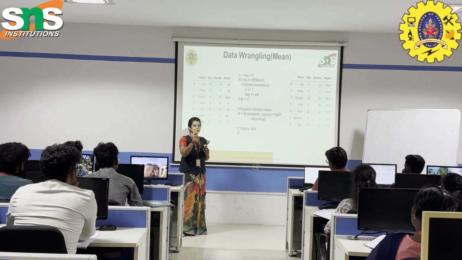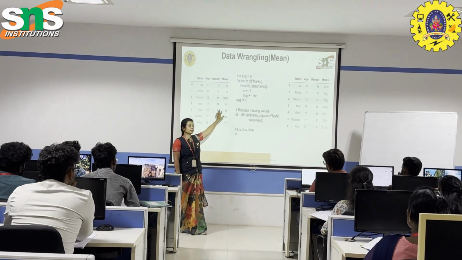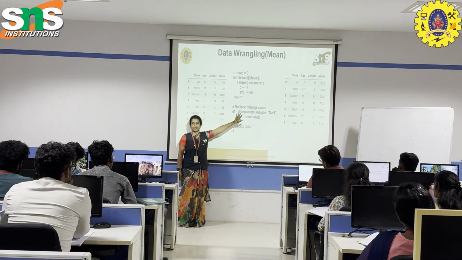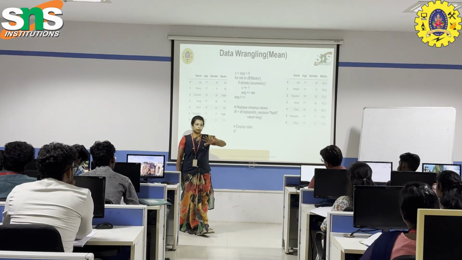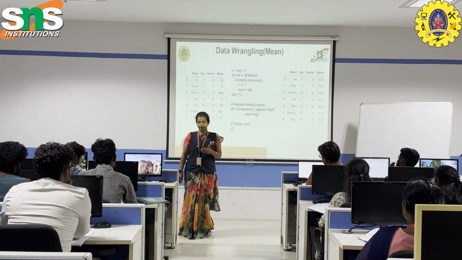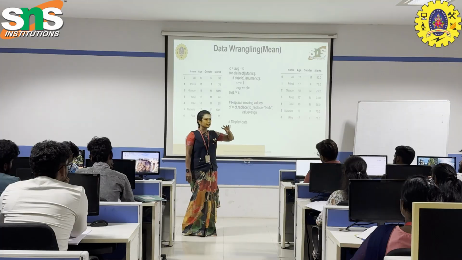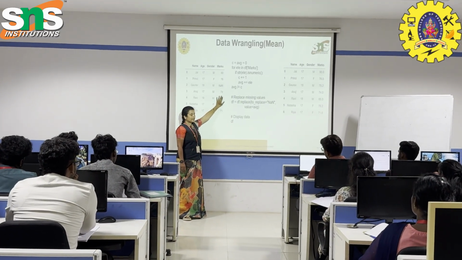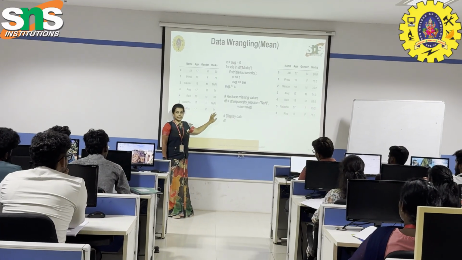Now it will fetch the third value. What's the third value? NaN, not a number, it is not numeric. So the given condition is false and it won't enter into the if condition. Again it will increment the for loop. Now it will fetch 74, and so on until the completion of the data set.